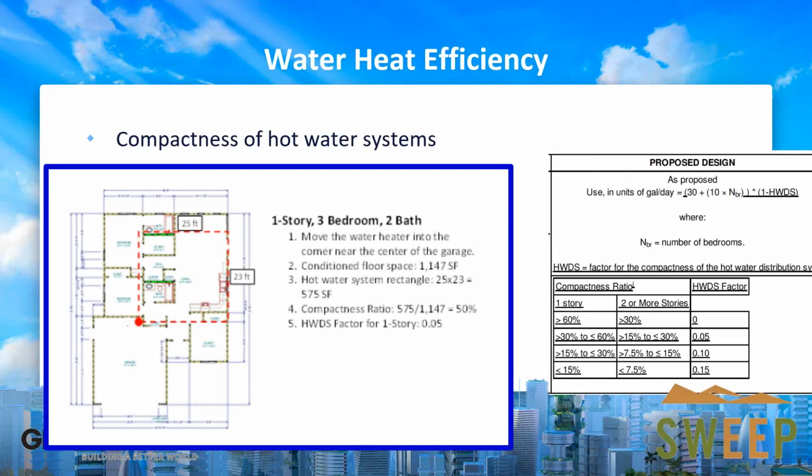And then what this does is it looks at what is the area that is the water system, the water lines, your tanks, your faucets, and so forth. What area of that? Is it 1,000 square feet? Is it 20% of the overall building? Is it 100%? Because there's a bathroom on one end of that 5,000 square foot house, and there is a kitchen on the other end. And so there's all the plumbing and the system across that entire